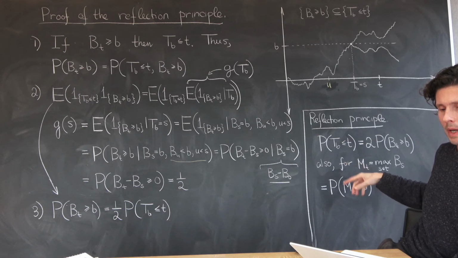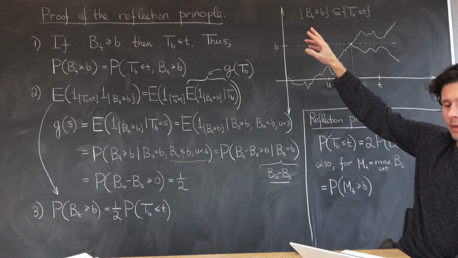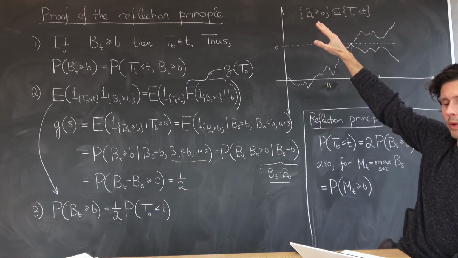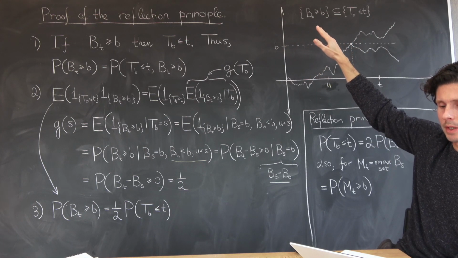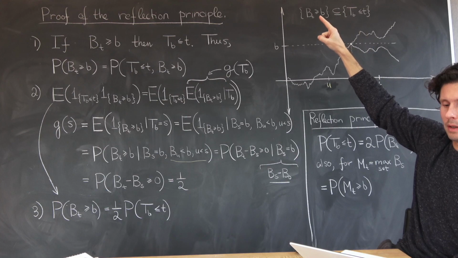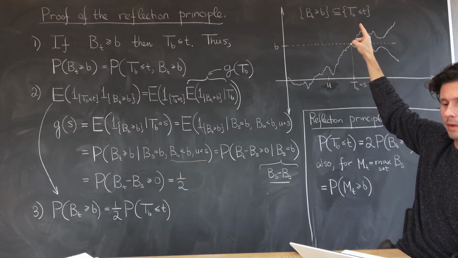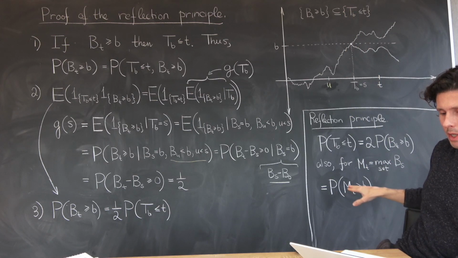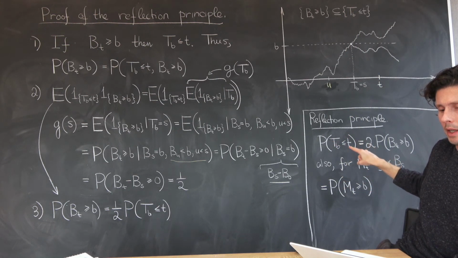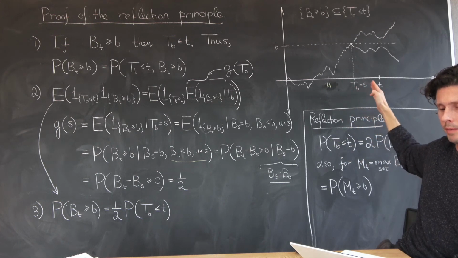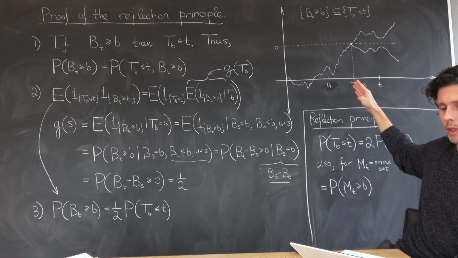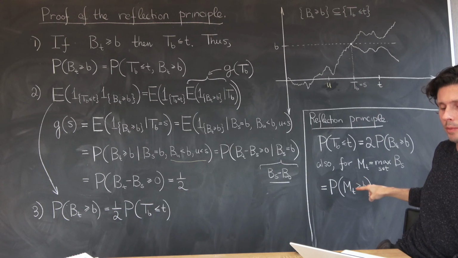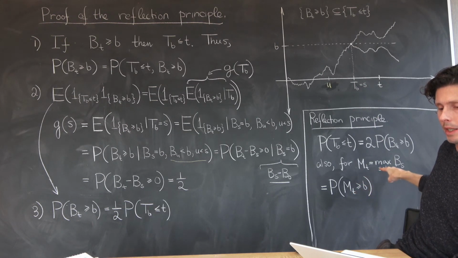In order to argue that the two events are identical, you have to have conclusions both ways. Here we've, for example, argued that if this, then this, giving us that this event is a subset of that event, but we saw that the converse was false. Let's see if that happens here. So let's assume that the hitting time came before time t. If the hitting time is before time t, then this says that the maximum of the Brownian motion by time t, that's what this M is, has to be above the level b.